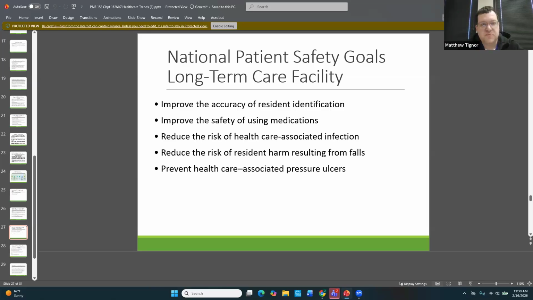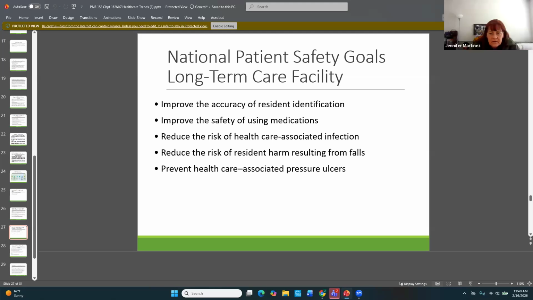Keep the bed at the lowest position and make sure the alarm is set, so if they do move around, we would know about it, and have their call light near them. Okay. And you want to implement non-skid socks. You want to orient the patient to use their call light if they need to go to the restroom, and try to have your aides toilet them before laying them down. And if they put their call light on, just go see what they need.